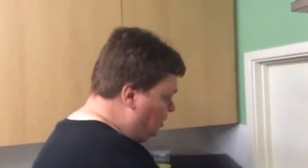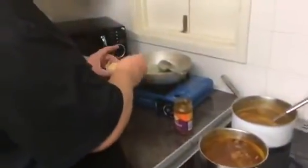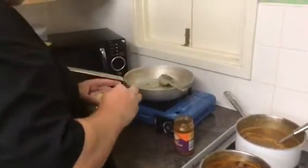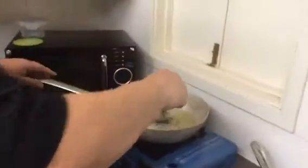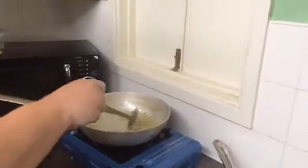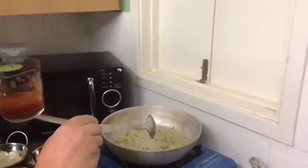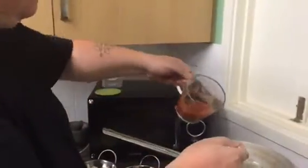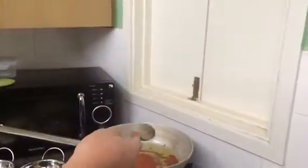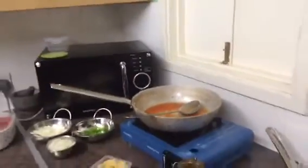So we're heating that oil through, and we're going to start off with a sprinkle of methi. Okay, so into the methi we're going to put a teaspoon, or just under, of ginger garlic paste. Put that down now. And to those of you that watched my videos previously, you'll know that when that stops sizzling, slowing right down, that's when you've cooked the water out of the ginger garlic paste and also cooked out the bitterness. So into there we've got 1 chef's spoon of our tomato paste,